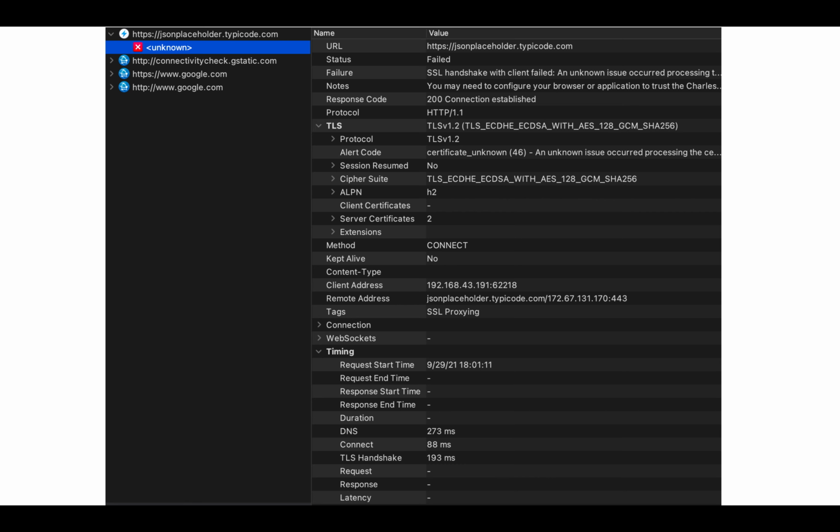So we need to make some code change to make that SSL handshake connection, because my connection is trying to establish but the handshake failed. The note tells that you need to configure in your browser or application, and in our case it's the application, to trust the certificate, that's the Charles certificate.